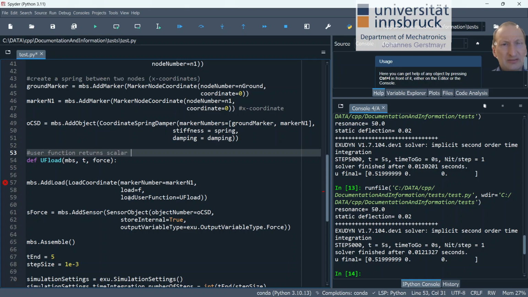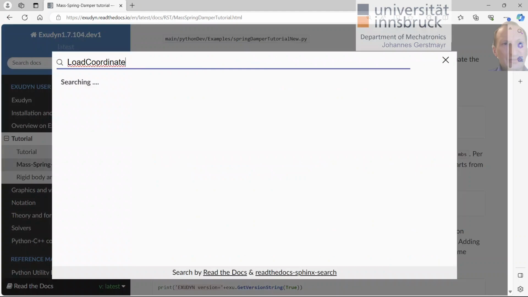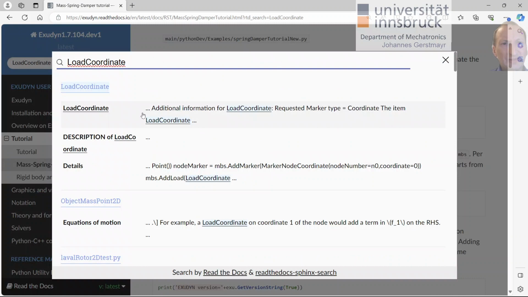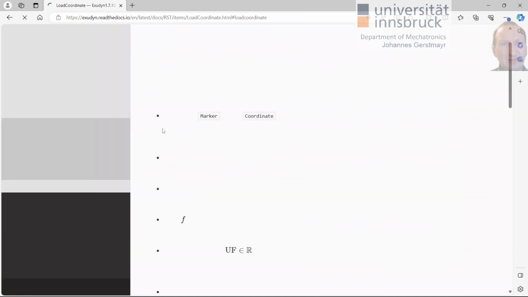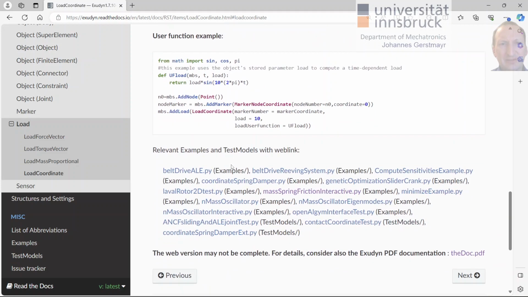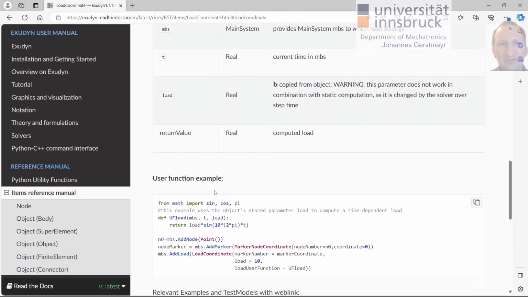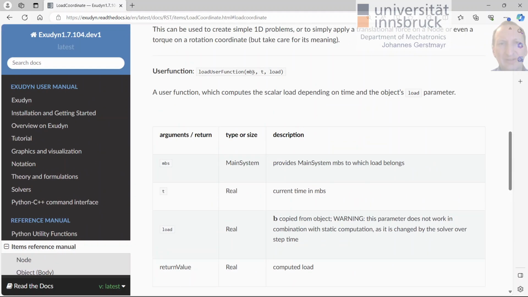a scalar force. In order to find out how this really should work, we just go to the load coordinate object. So let's go to the read docs documentation, and here we have the load coordinate. And then there's the load user function, and if we go down a little bit, then there would be, usually at least, the description of the user function. See, yeah, here it is. So it tells the multi-body system, you get it into the function, the current time, and